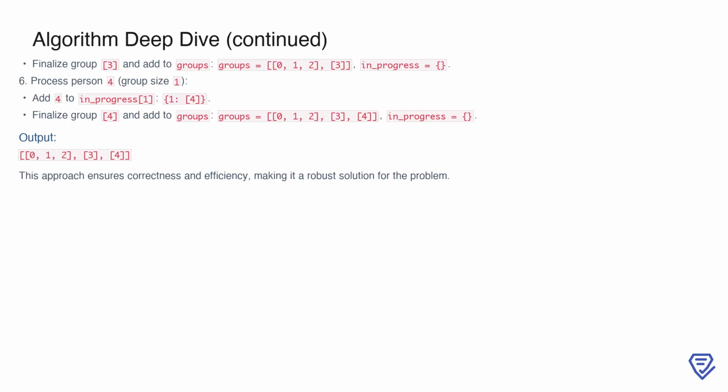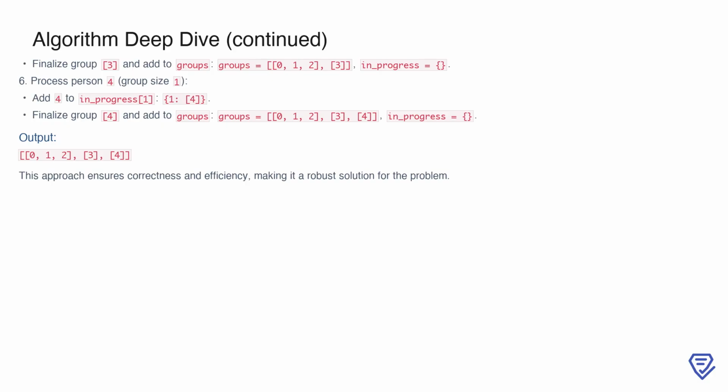Since this group reaches the required size immediately, we finalize it by appending 3 to groups and clearing in_progress. Similarly, when person 4 is processed, they form another group of size 1, which is finalized as 4. At this point, all groups are complete, and the final output is 0, 1, 2, 3, 4. This approach ensures correctness and efficiency, handling all edge cases and leveraging the simplicity of dictionary-based lookups and operations to